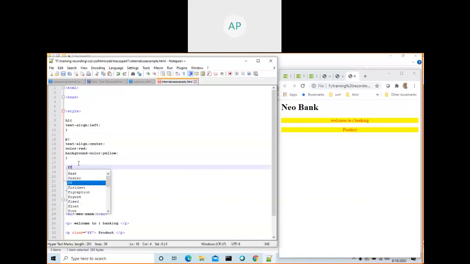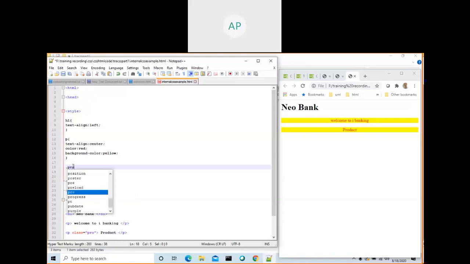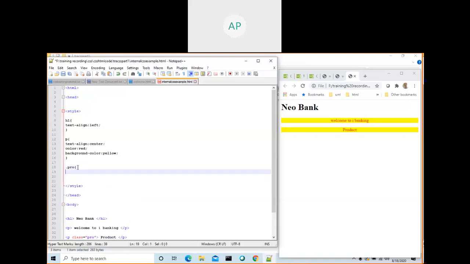Whatever you type here is the attribute and this is the value. Use this value, FF, or product, whatever name you give there. Okay, then apply this one.